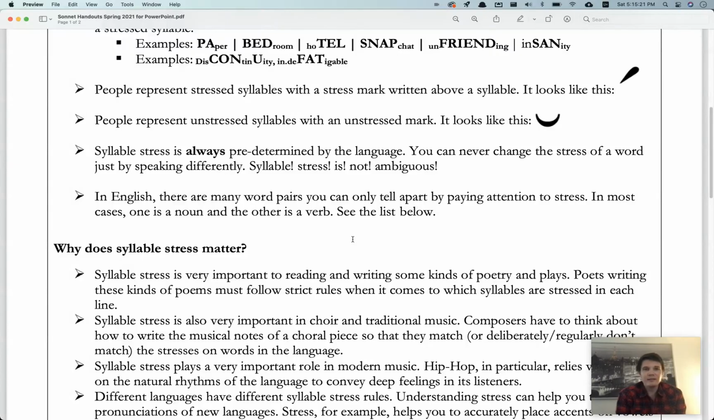Again, syllable stress is always predetermined by the language. You can never change the stress of a word just by speaking differently. If you do, you'll sound like a maniac. Syllable stress is not ambiguous. There is no flexibility. One pronunciation is right and the other is wrong, period, end of story. So